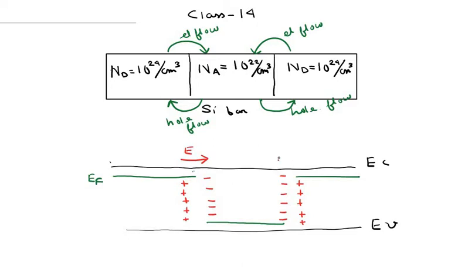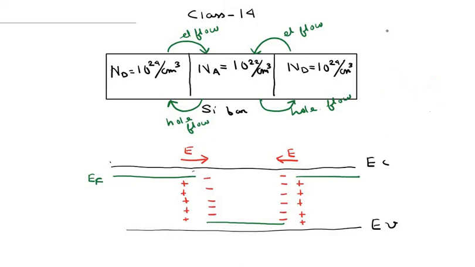and this electric field would also be created from here to here, because the positive charge and this negative charge are separated in space, and we know that whenever charges are separated in space, it creates an electric field. Now what does this electric field do? This electric field basically changes the potential energy, because whenever a charged particle moves through an electric field, the potential energy would change. The change in potential energy, delta U, is basically proportional